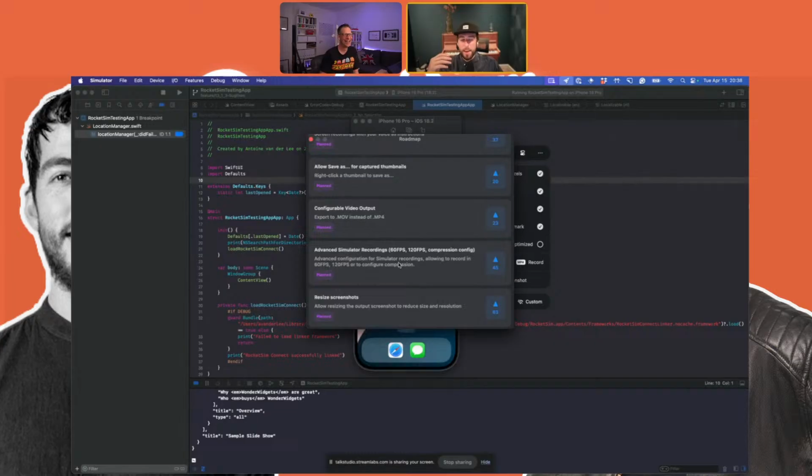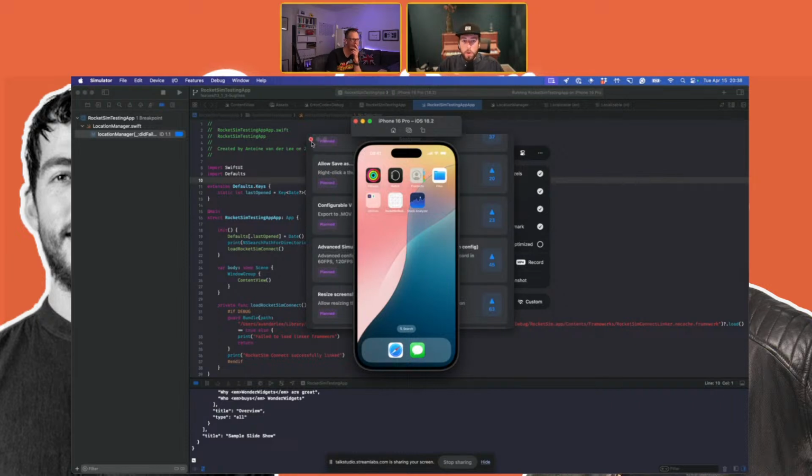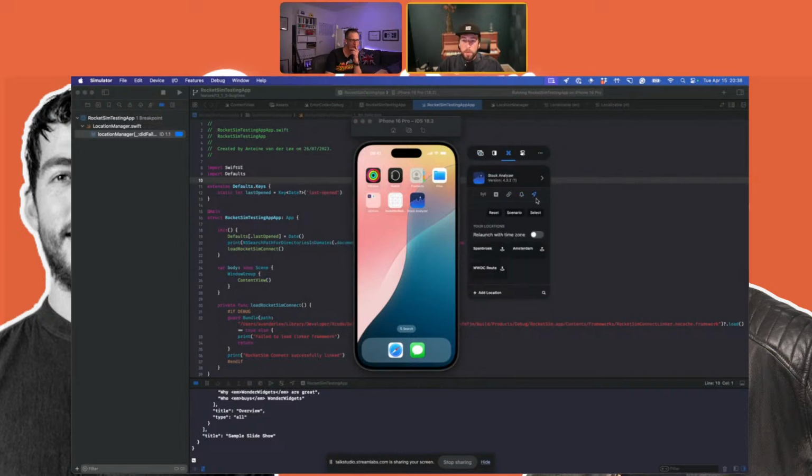Yeah, it's a case by case thing, right? I also had a feature request so you can simulate locations in RocketSim, and most of the time it's based on just locations by name. But then I also got a request that they wanted to use custom GPS locations, and that was kind of a 3 hour job for me, and I had 3 hours, so I built that right away, even though it didn't get the most votes. But in the roadmap, there's also features that I can basically build already. It might take me a week, but I can for sure build it. But I can see already that it's not the most requested feature. So I kind of